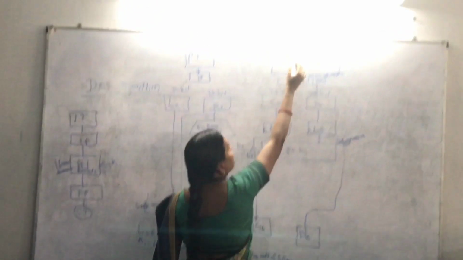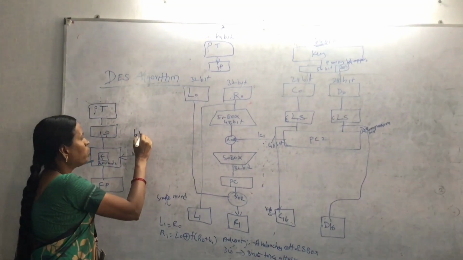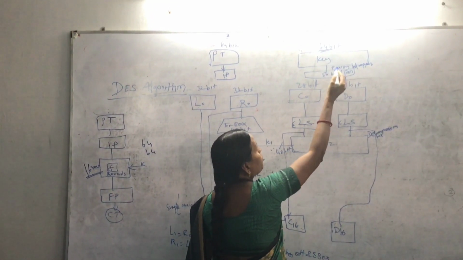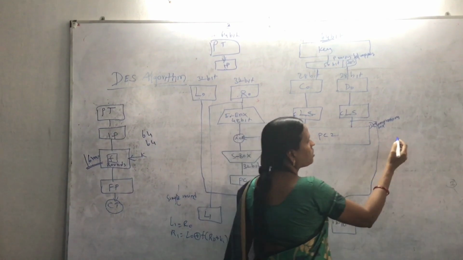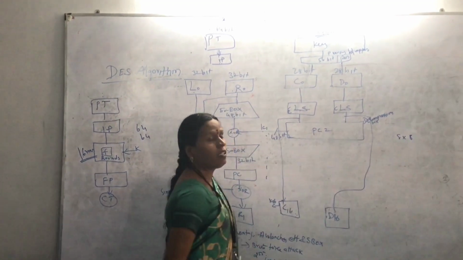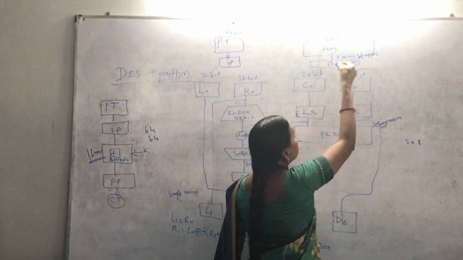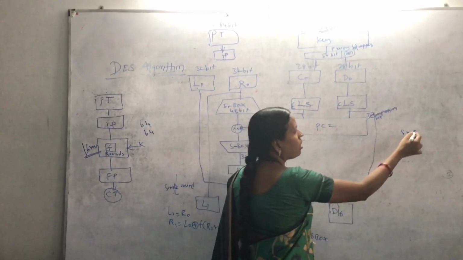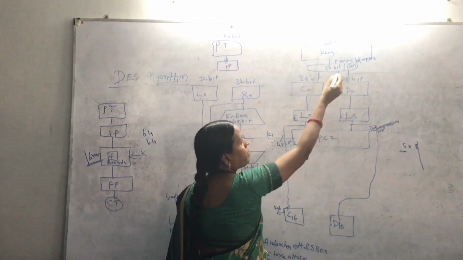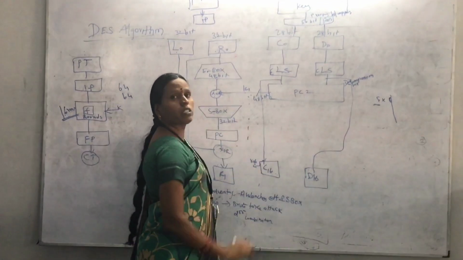As I already told you, the DES algorithm takes a 64-bit input and a 64-bit key. Using that 64-bit key, first with the parity dropper, the key is arranged row-wise and column-wise as 8 rows and 8 columns. Using the parity dropper, the 64 bits are reduced to 56 bits, because the last column is dropped. So after the parity dropper is applied, the 64-bit key value is reduced to 56 bits.